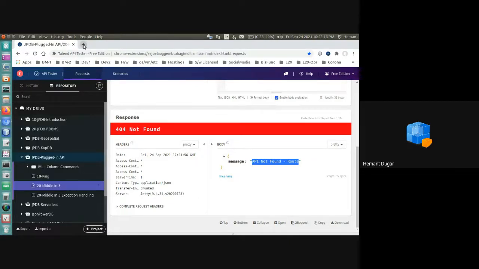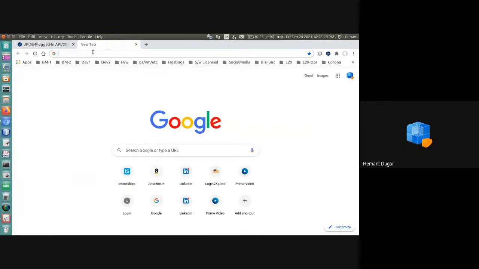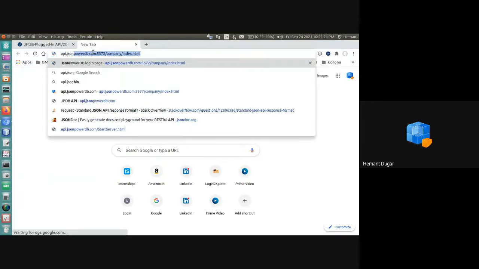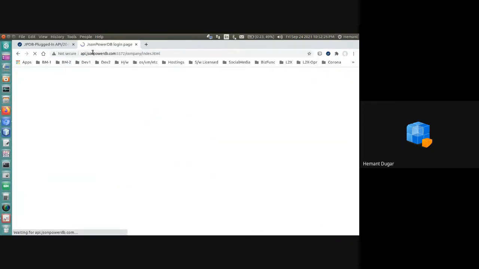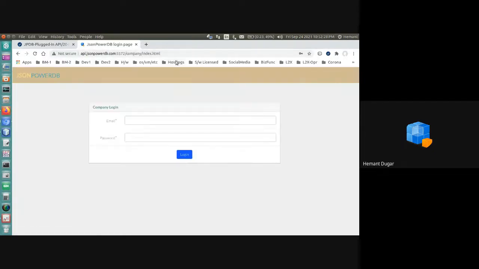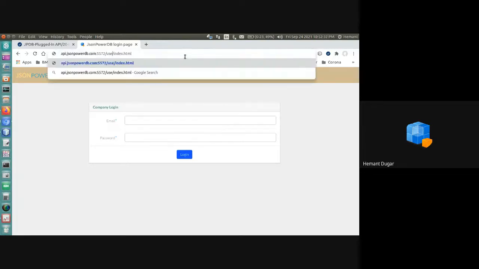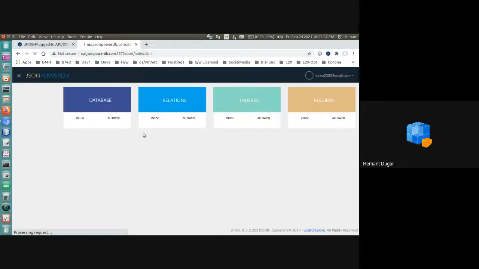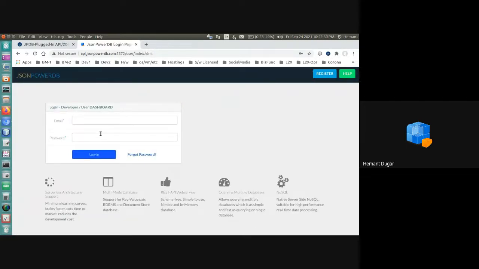I open a new window, go to api.jsonpowerdb.com 5572 company dashboard. Like you must be aware of the user dashboard that you normally use. This is the user dashboard. This you must be aware of. Like you must be using it at api.logintoexplore.com. This is a similar, another instance of JSON Power DB, api.jsonpowerdb.com.